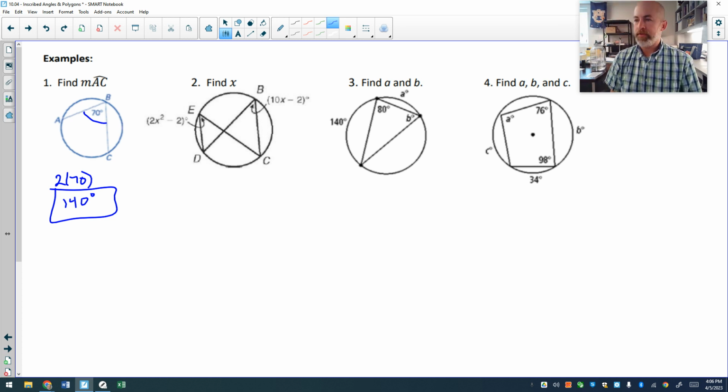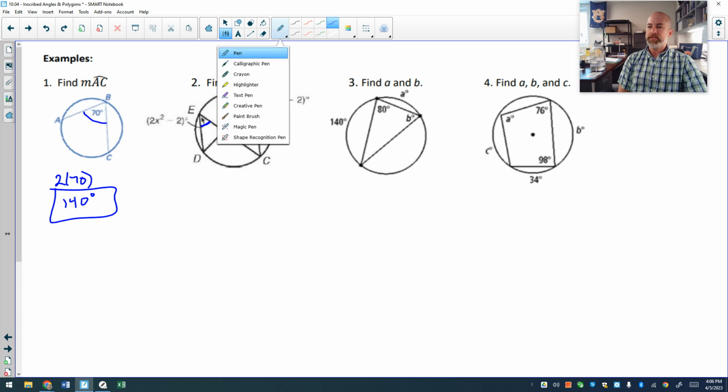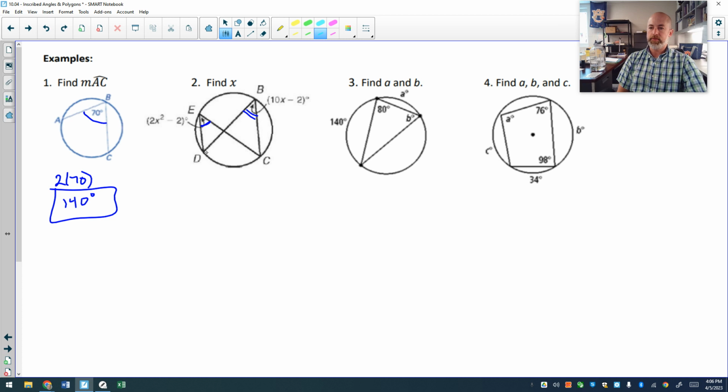Number two, I think we suddenly ramped up the difficulty a little bit here. We have these two angles, this angle at E and this angle at B, and I am noticing that both of those angles, if you follow the rays that are the sides of those angles, they both intercept this same arc from D to C, which means those two angles are actually congruent to each other. I can mark them each with one arc,